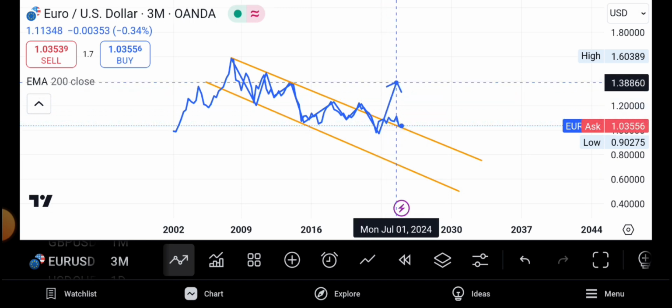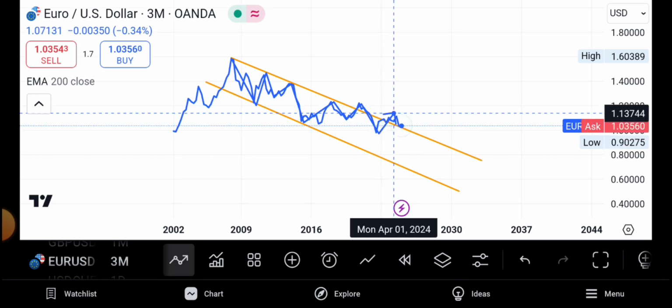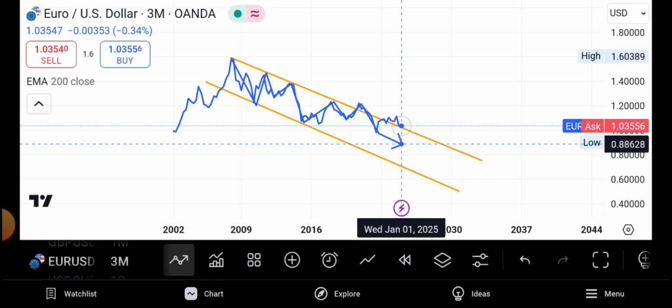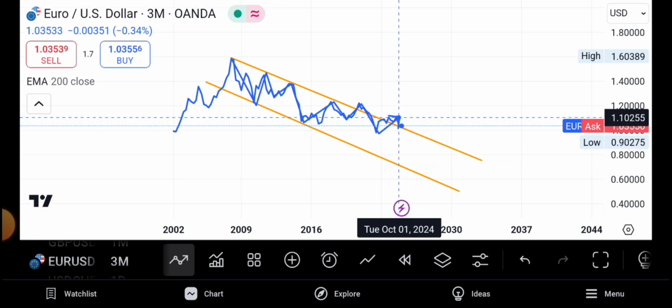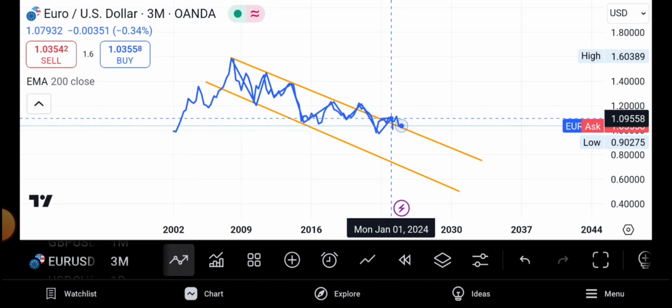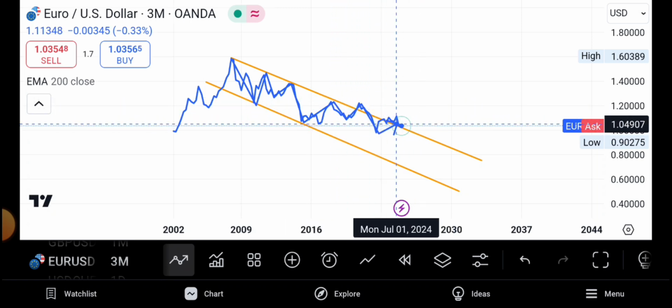Let us continue to analyze and see, are we really going upward, or do we still continue, or is this a fake out? Are we together? If this is a fake out, be sure we come back to this point. Up to there, we know that this price action is above this trend line. It has broken our channel upward.